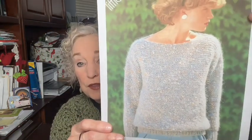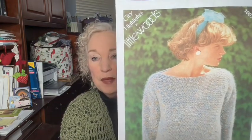Here's something I found on the web, because I'm a beginner knitter, and I admit that I'm totally there. This is an old pattern, and I don't even know what kind of yarn this is. I've tried to research it, and I can't figure out what kind of yarn this is. But this is just a little top by Little Woods. It says City Highlights by Little Woods. I don't know what that is, but this is the pattern, and it's very simple in knitting. I've got the pattern in my hand right here, and I bought it for about $2 off the website. I'll try to find the link for that. I can't exactly remember what